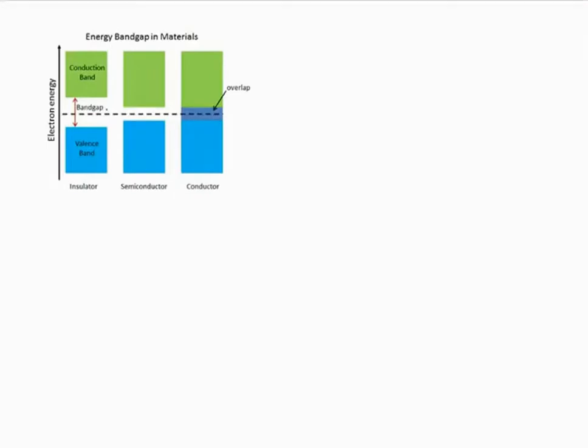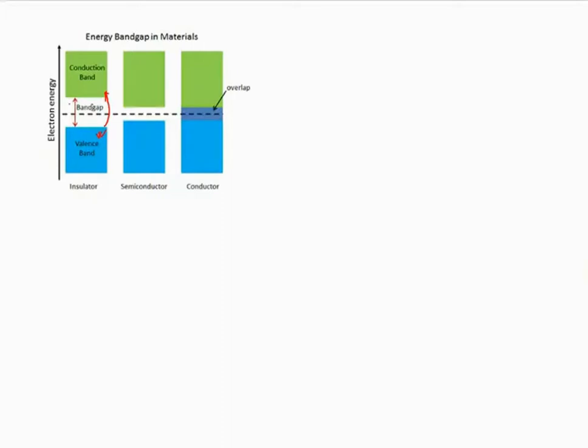So, to just revise your basic theory, remember what is the band gap. The electrons at the outer layers of your atom are generally residing in the valence band. When you excite them, they go to the conduction band, and this zone is known as the forbidden energy gap, where there are no electrons available. If an electron moves from the valence band to the conduction band, it makes this device capable of conducting electricity.